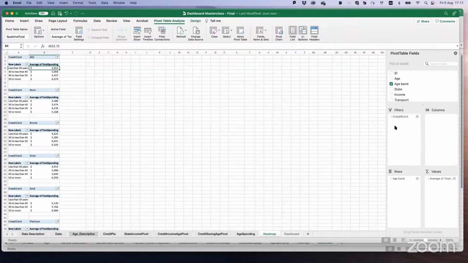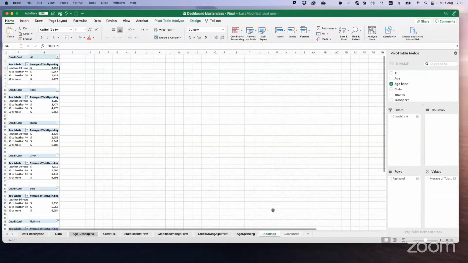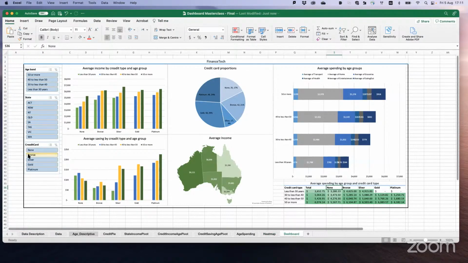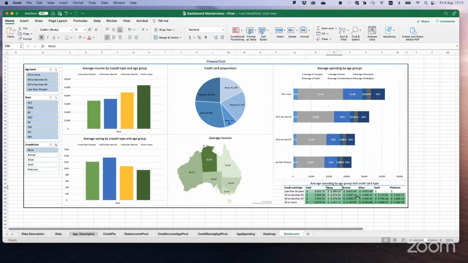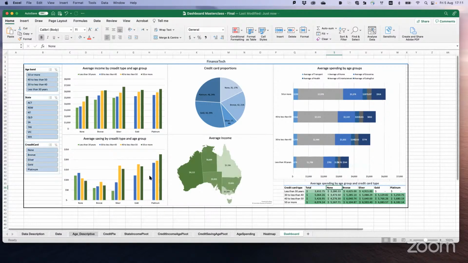Thank you. So for this one, because we had this credit card, that's a mistake, a typo. If you link the credit card type, this credit card slicer to this one, it is going to ruin everything. So don't link it. Don't link your slicer for credit card to this one, to the heat map, because it has a filter for it. And you change the color, format it in a nice way.